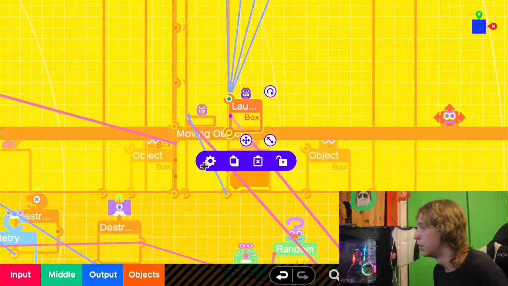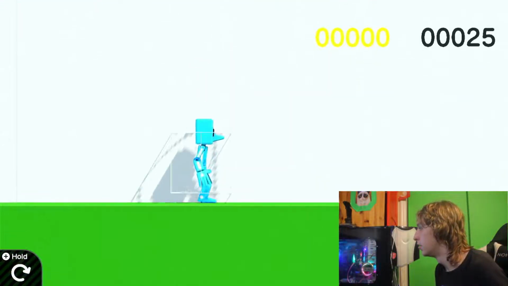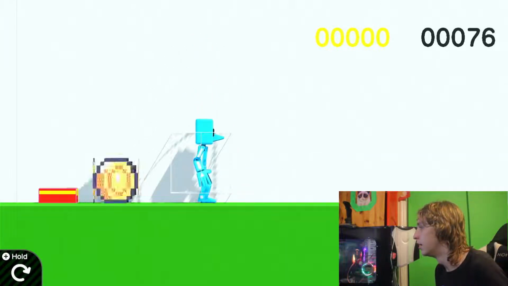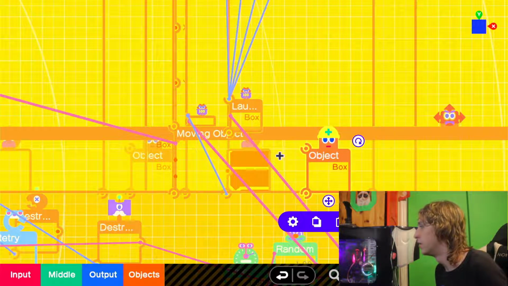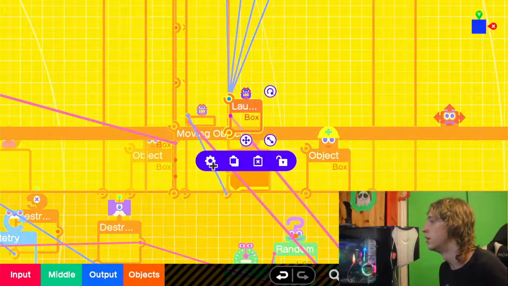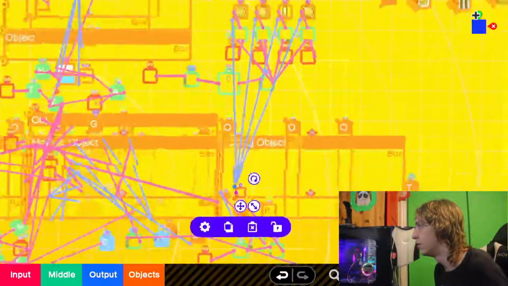And yeah, so let's bring back visibility. Actually, let's make it solid. So yep, there's our little coin. Unfortunately, it's now not destroying itself like it should. So yeah. Also, what we need to do on all of the textures is we need to